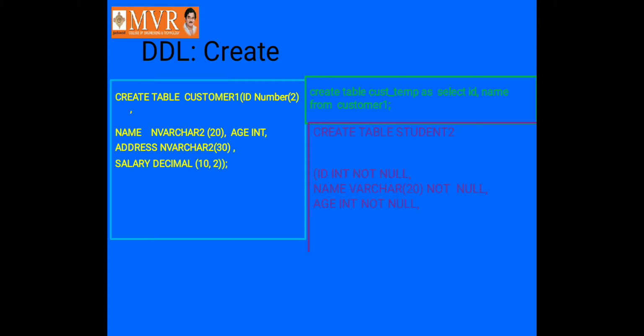id integer not null. In the first table, customer 1, the id could be left empty, but here we cannot leave the id empty; only then will it be accepted. Whenever you use not null on the id, you definitely have to give the id for a particular student. Name varchar of 20 not null, so the name also definitely needs some text, and age int